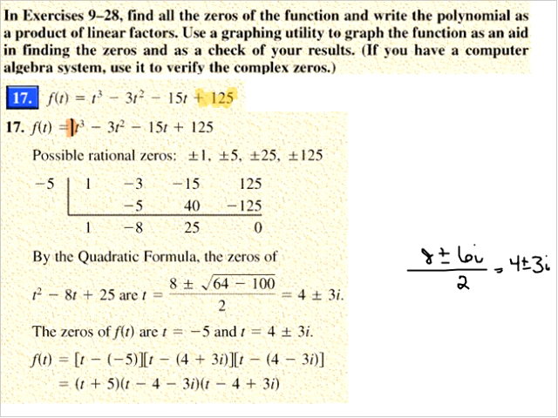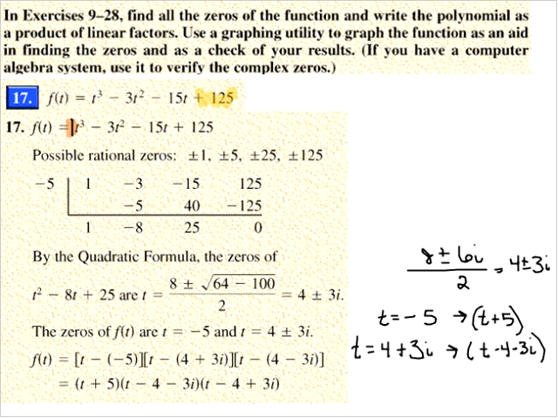Well, we have to solve for t in each case. Well, if t equals negative 5, then we have to add 5 to both sides to get t plus 5. So there's one pair. If t equals 4 plus 3i, we would have to subtract 4 and subtract 3i. There's a second pair. If t equals 4 minus 3i,